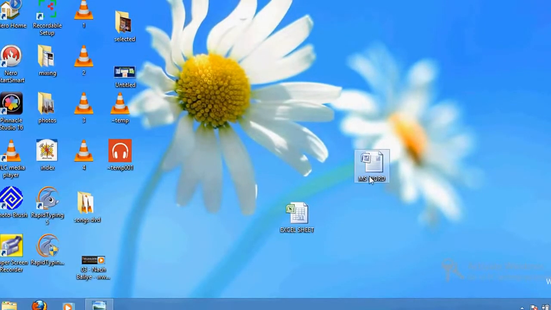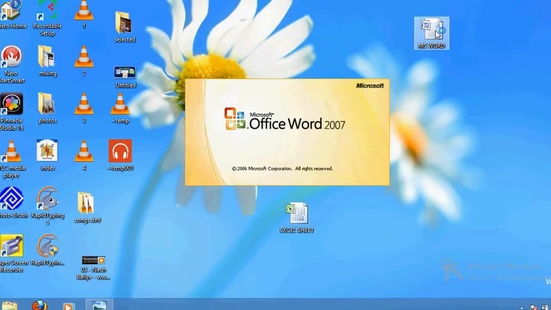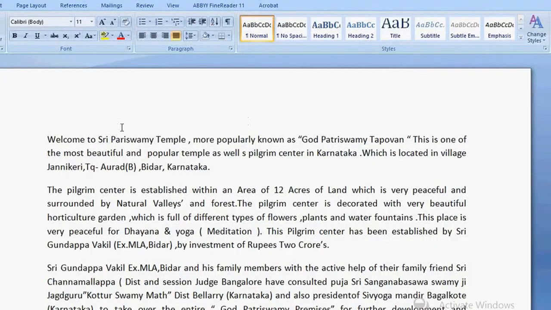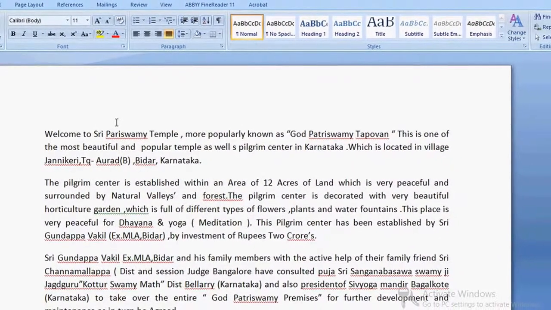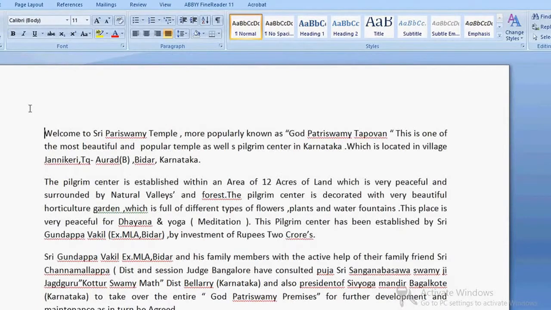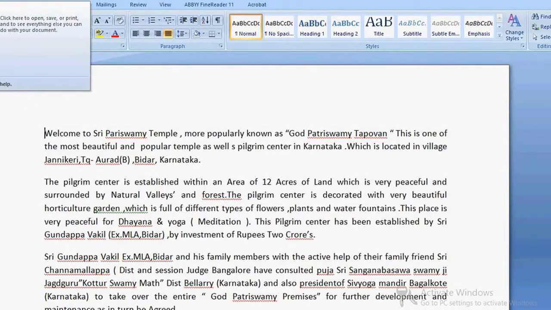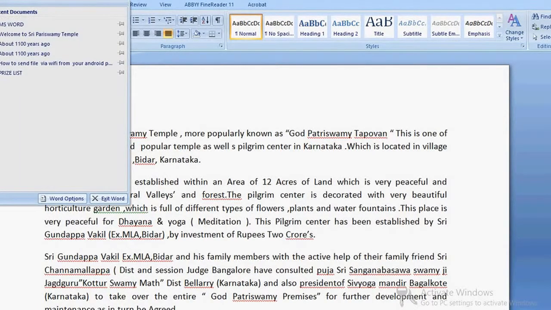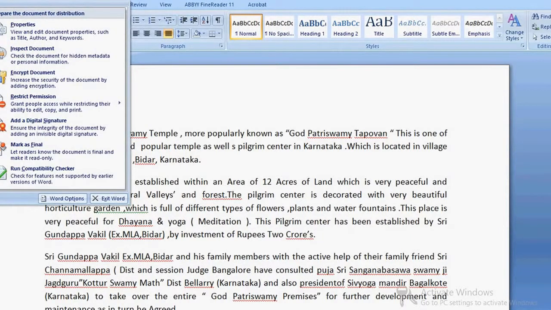Suppose this is our MS Word document which we want to protect with a password. So open it. Doesn't matter whatever version you have, 2003, 2007 MS Office or MS Office 2010. I want to encrypt it by password. I want to set a password. I want to add a password to this. Then what do you do? Go to this button, and just don't click on Prepare, just keep your mouse over the Prepare button. It will give you a lot of options. Just go to Encrypt Document.